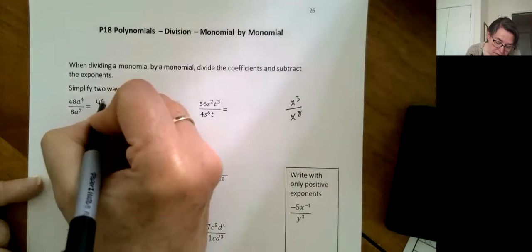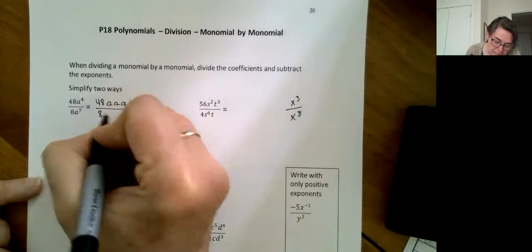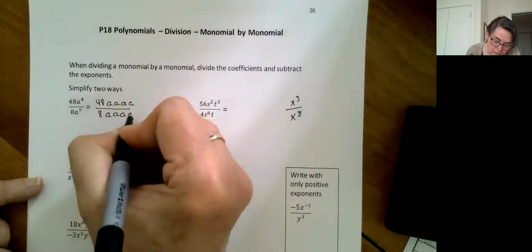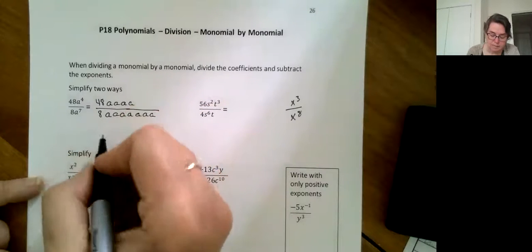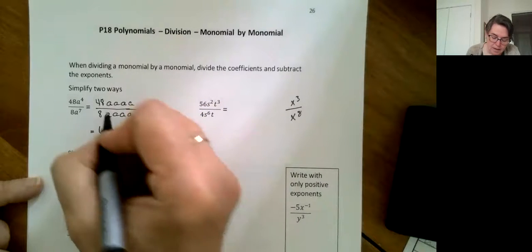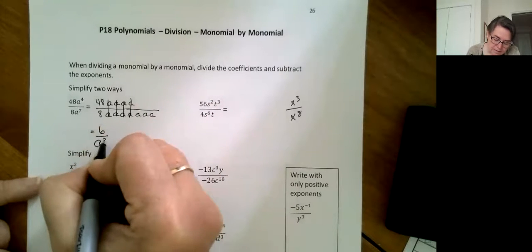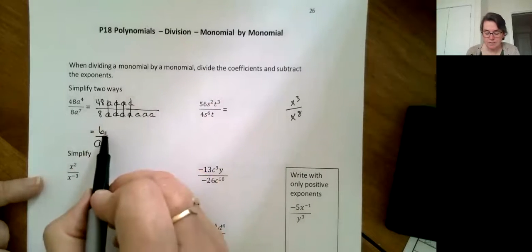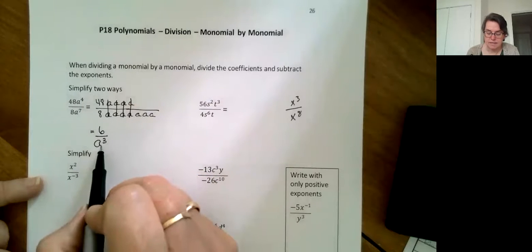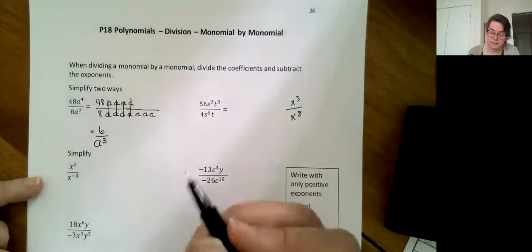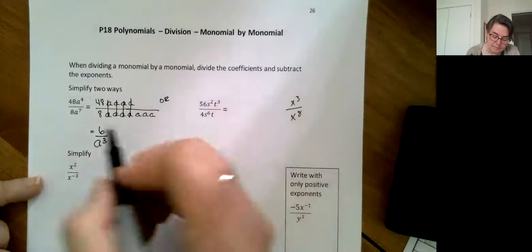So 48 a. So 48 divided by 8 is 6. And then cancel, cancel, cancel, cancel. You can't put that right beside the a cubed because the a's aren't beside the 6. It needs to be down on the bottom. So that's one option. The other option,